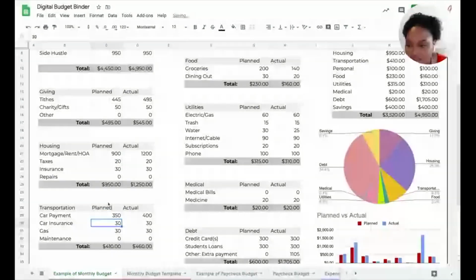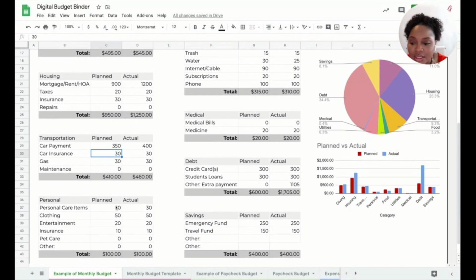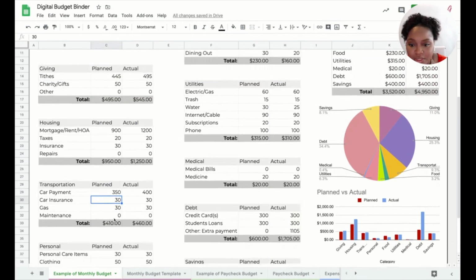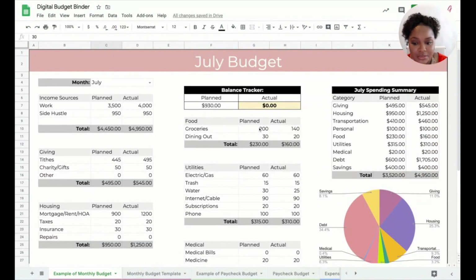So you have all these different categories: housing, transportation, and I'm just going to keep scrolling. You have personal care items, so the things that you need to get from the store. If you want to go shopping, there's a clothing option there, entertainment. All that stuff is in this particular template. You would just go through and then you would plan out how much you are going to spend for each